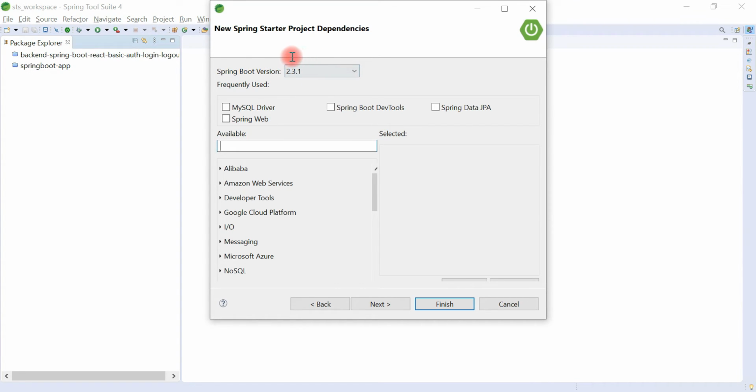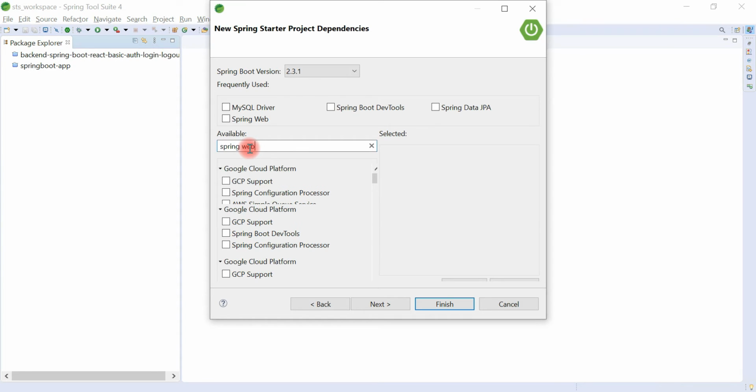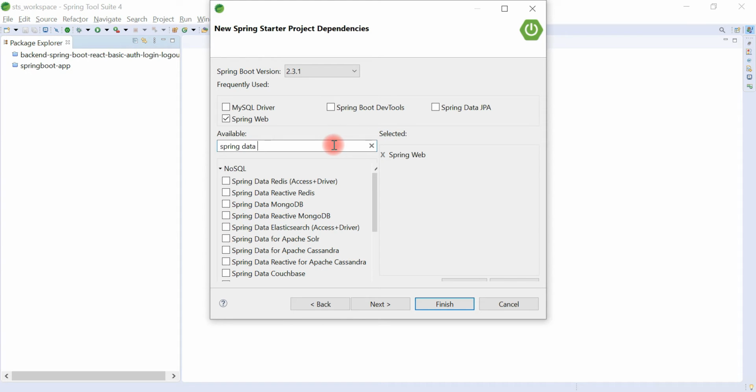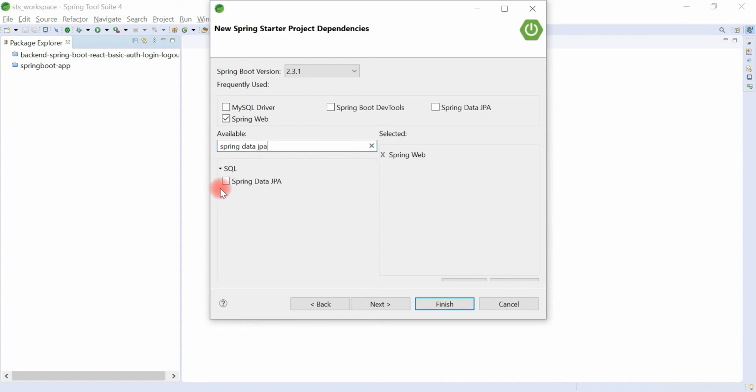This is the latest release of Spring Boot as of now. Now we'll pick up Spring Boot starter dependencies. Let's go ahead and pick up the Spring Web Starter dependency. We use the Spring Web Starter dependency to develop RESTful web services, and let's pick up the Spring Data JPA dependency.